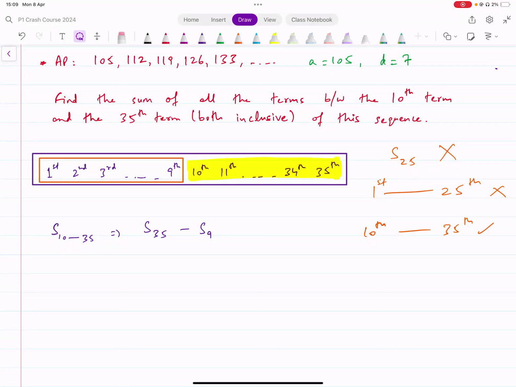If you have to find the sum between two values, this is the term that